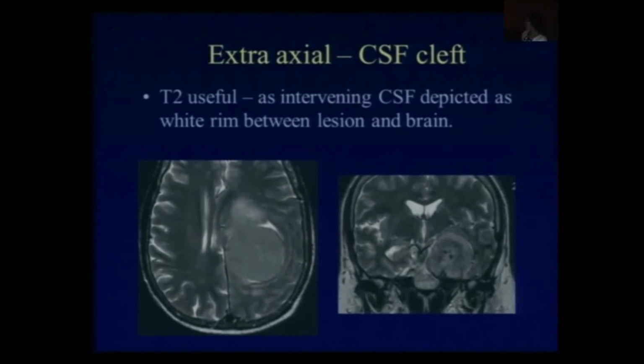So you have flow voids within the lesion, and you have the broad base towards the extra-axial components, which could be the meninges along the middle cranial fossa, and you have a gray matter lining with a CSF cleft. But you also have another sign here where you're seeing a vessel coursing between the cortex and the adjoining lesion. So these signs